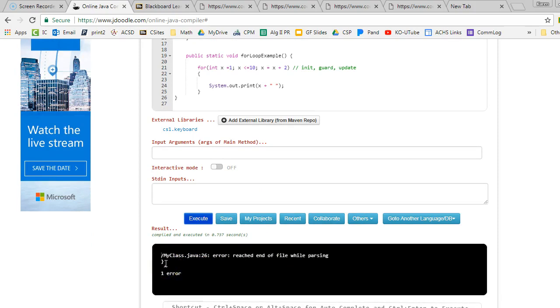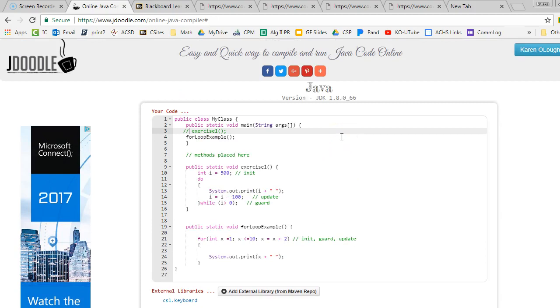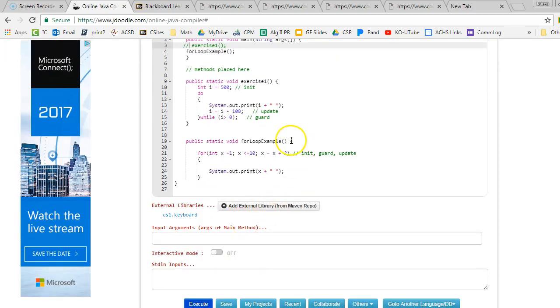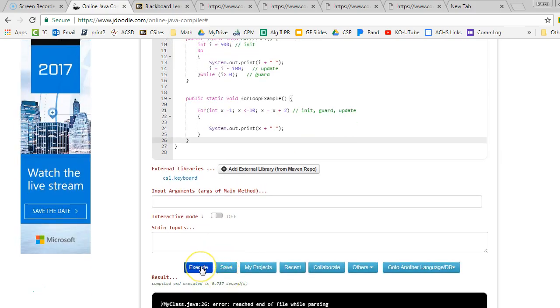Now it tells me that I have an error. This "reached end of file while parsing" error, you guys should be familiar with from Greenfoot, and that basically just means that I need another curly brace somewhere, and I'm going to have to find where my curly brace should go. I've got the beginning of main, the ending of main. I have the beginning of exercise 1, beginning of the do loop, end of the do loop, end of exercise 1, beginning of the for loop example, beginning of the actual for loop, and right here I did not close off that method. You can see how it highlighted right here, the matching curly brace. Now it should execute,